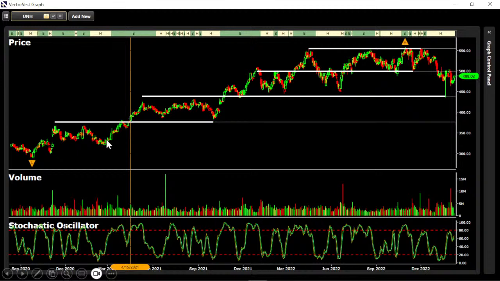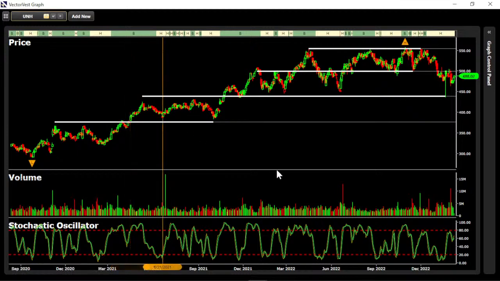Now I know you might say, if I would have bought it back here, I would have made money. And yeah, that was a support retracement. But if you're approaching resistance and you get a little bit of hesitation there, you wait for the breakout above resistance on good volume before you take the trade. And if you did, you had another opportunity there to buy it, didn't you?